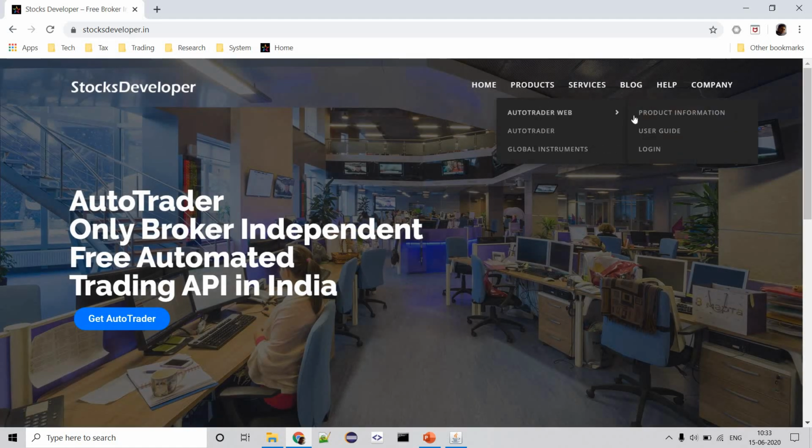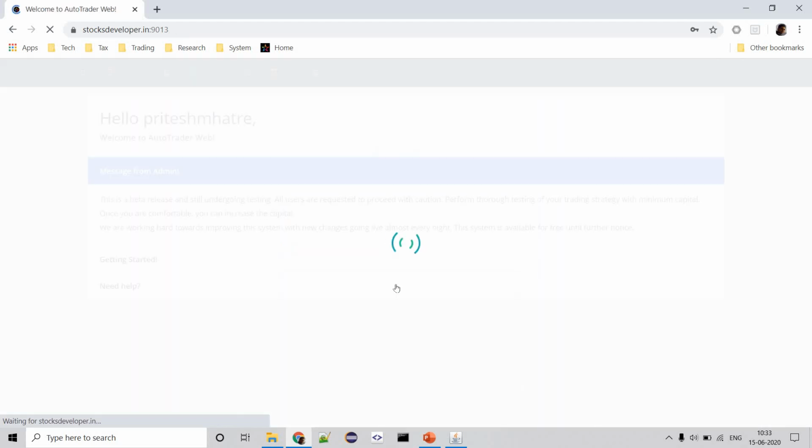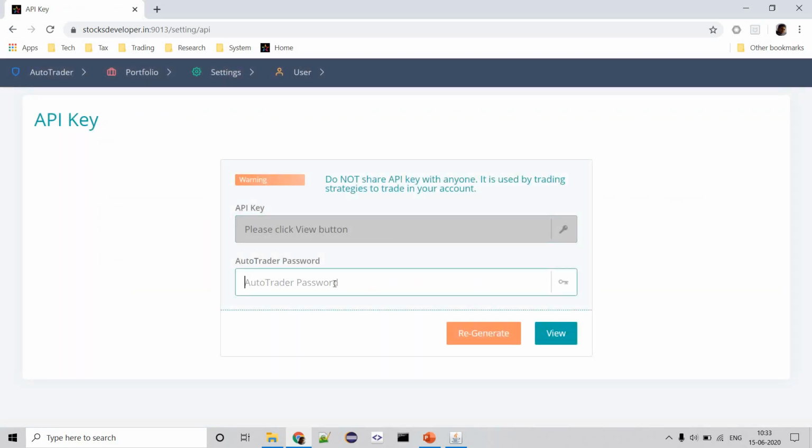So go to products, AutoTrader web, login. I'm going to log in. I'll go to settings, API key. I'll enter my password to view it again.